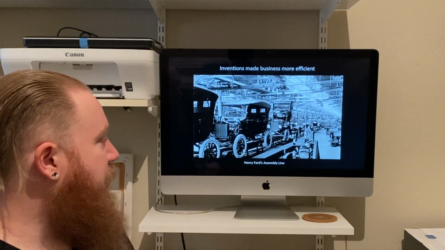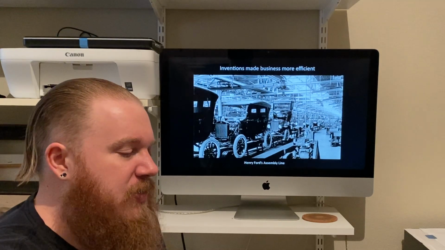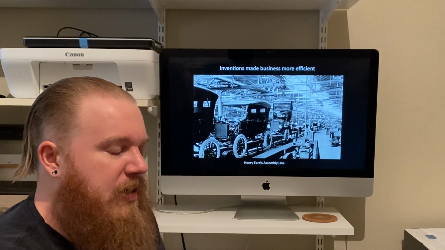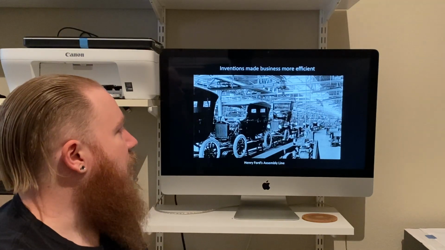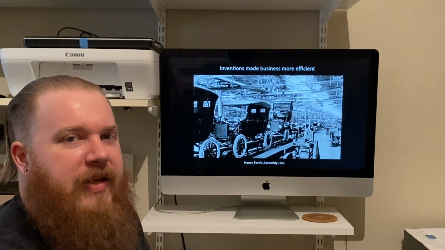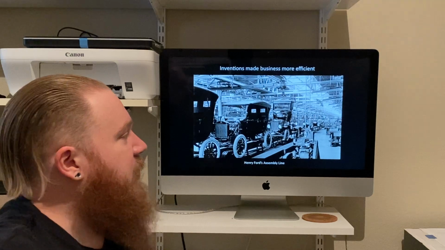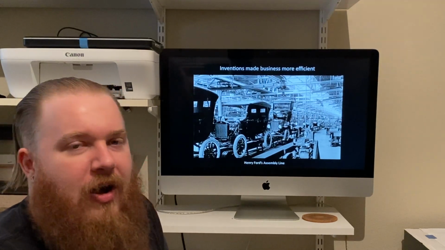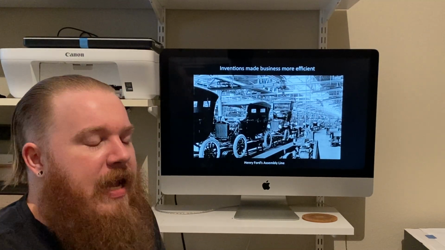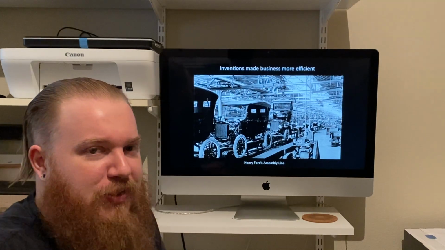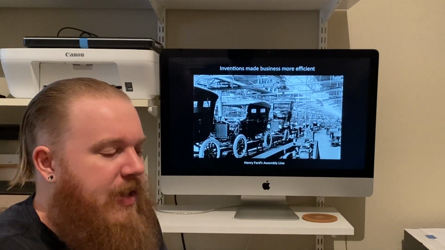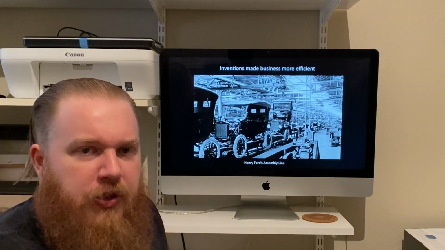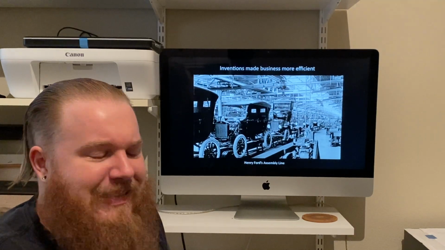So here we can see Henry Ford's assembly line. He's the first Western entrepreneur to develop this, but it standardizes production and it makes it very cheap. Prior to this, an automobile would literally cost tens of thousands of dollars in the 19th century, early 20th century, which would be in the millions by today's standards. And so they were really luxury items for the rich and elite.